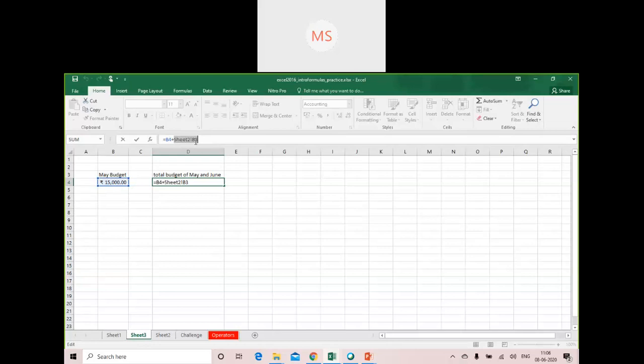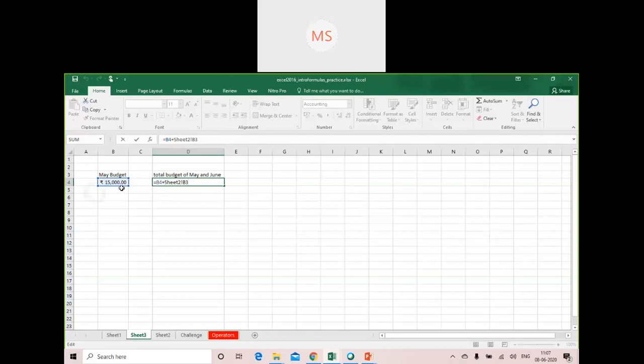But the only thing is that along with the cell reference, you also need to provide the sheet reference, and to provide a sheet reference, you need to make use of the sheet name along with the exclamation sign. So sheet name with exclamation sign along with the cell value of that particular sheet, you can reference it.